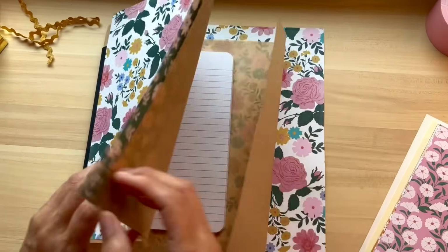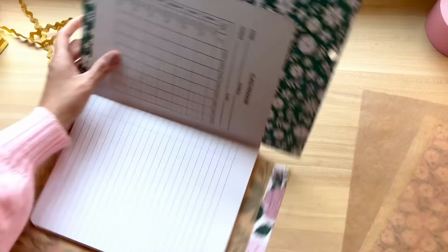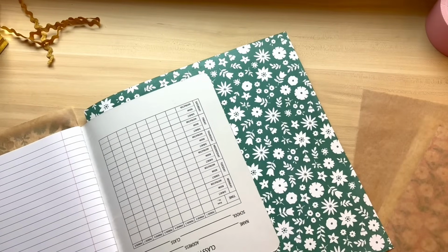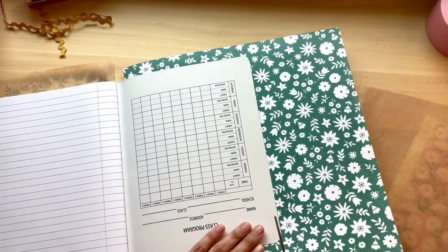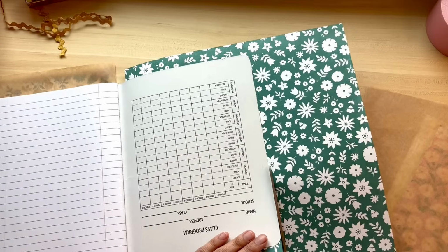So now that we've trimmed all our pages down, we can set those aside because we are going to finish off our cover. We're going to pull off that parchment paper. And as you can see, I'm so glad we put it down because it was sticking just a little bit. That's what happens when you get really close to the edge, which is great because that means our cover is on nice and tight. So now that they're dry, I'm going to trim off the excess